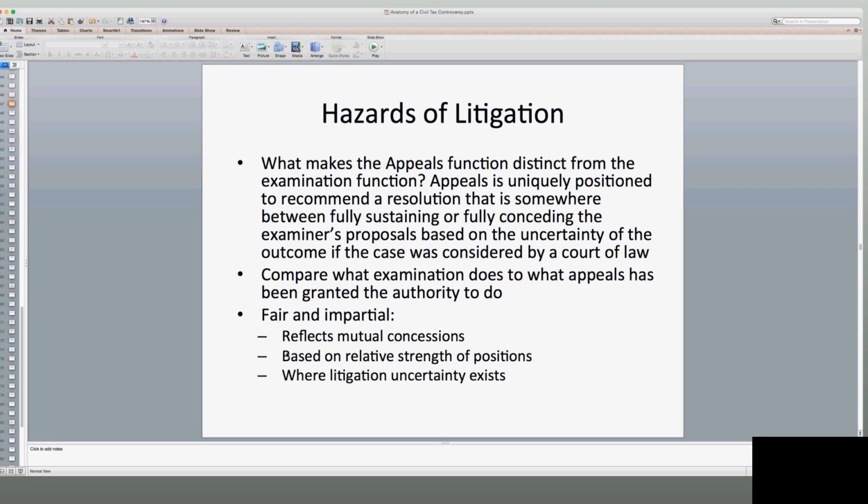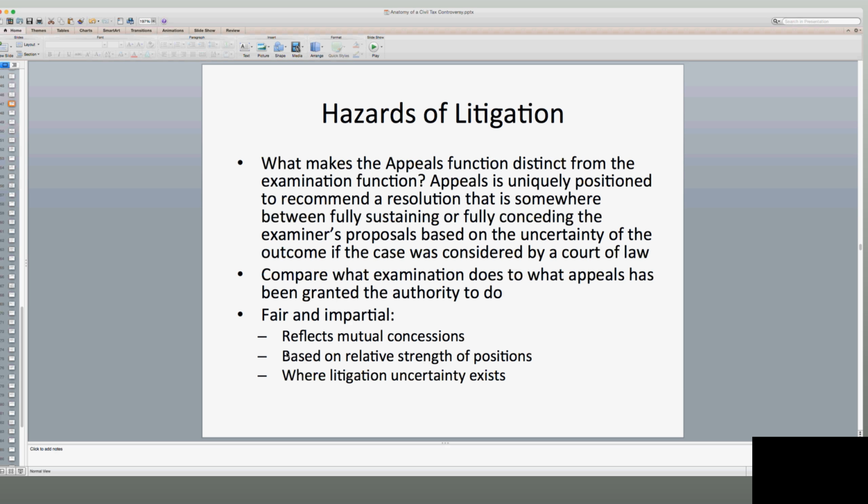And by doing your due diligence, you will be amazed at how drastically their position can change. So never get discouraged just because an appeals officer appears to be siding with the examiner. If you can show in black and white, case law that supports your position or produce the evidence that was lacking at the examination level, you will be able to swing the appeals officer to your corner. And I've seen it happen more times than not.